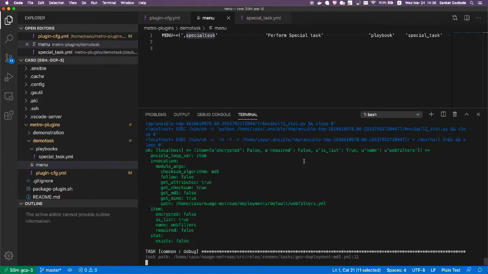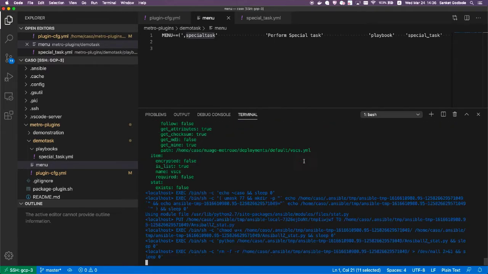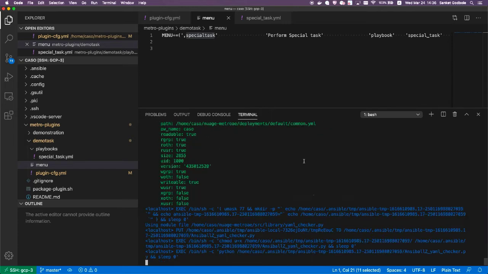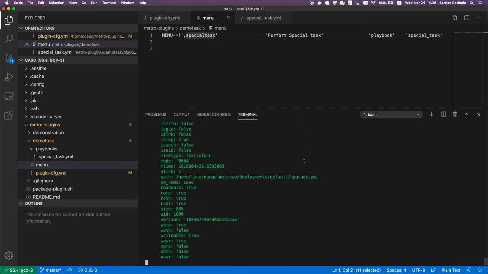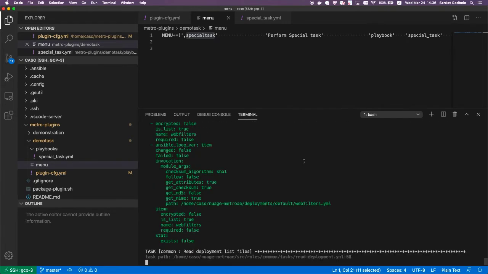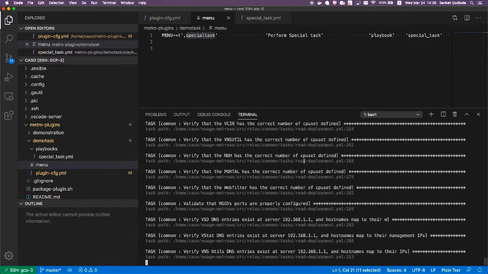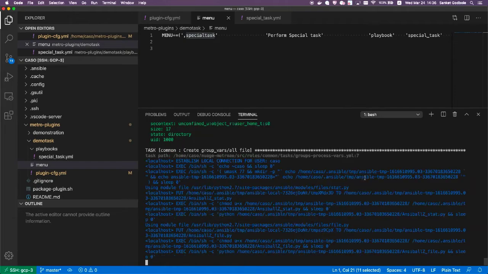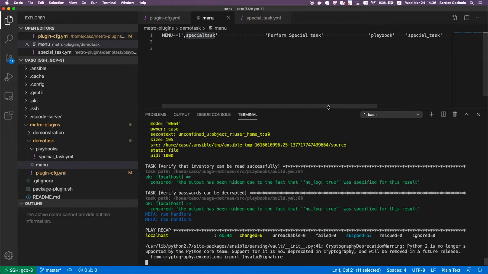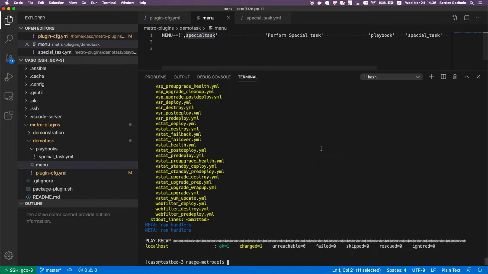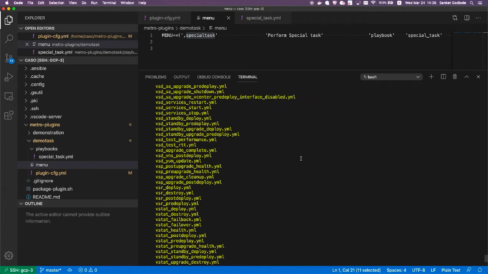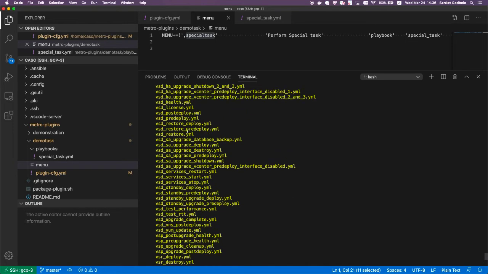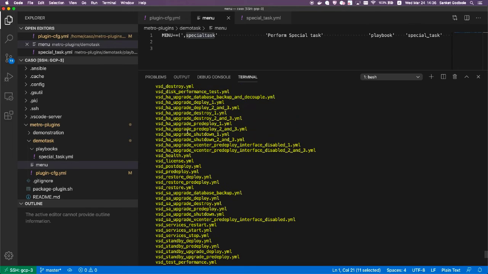It runs the build so that it has all the variables created that are necessary before running the tasks. So we can see here the ls command has run, and it has outputted the list of files that are